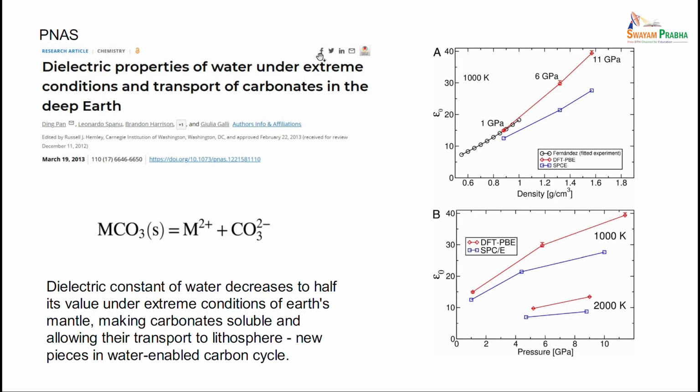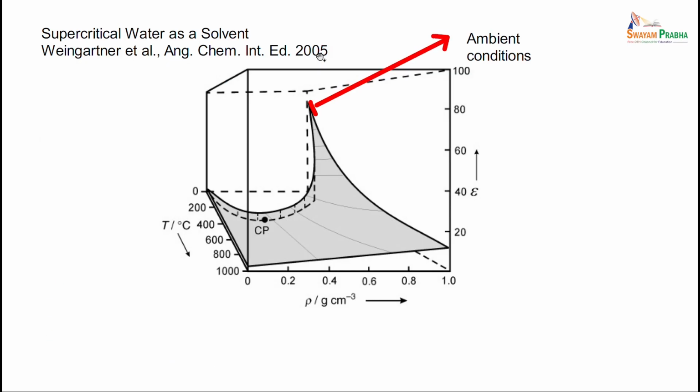So this dielectric property is a context where research is still going on, in the context of the high dielectric constant of water. One of them is the following. The dielectric constant is 80 only under ambient conditions, but if you change pressure and temperature, in this diagram you can see it is 80 only here. If you change the density, change the temperature, it can be very, very different. It can come down to as low as 10 here, it could be very small, less than 10 under different conditions.